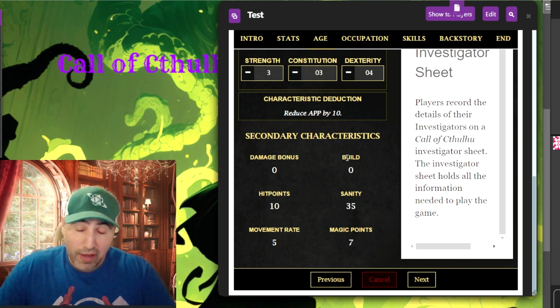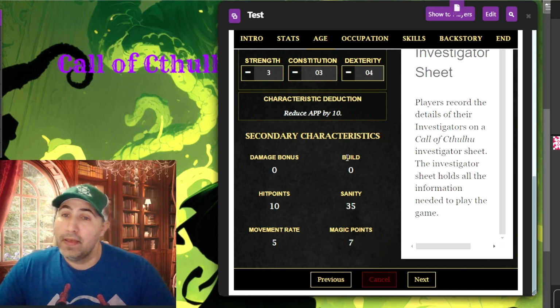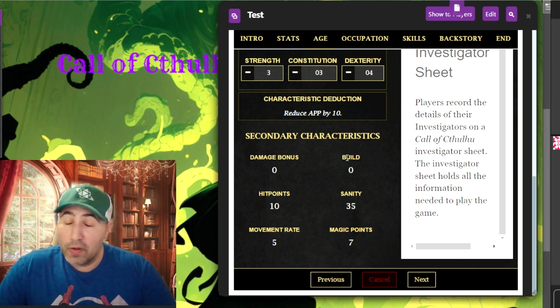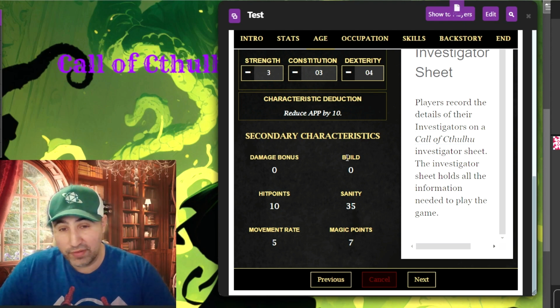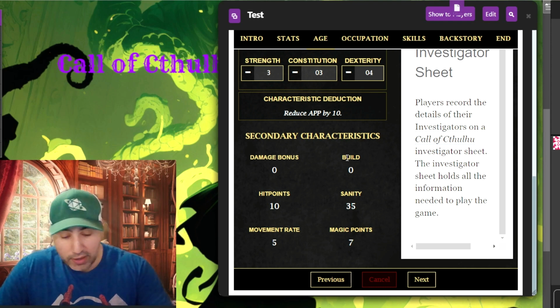If you haven't played Call of Cthulhu before, it's pretty low magic. If you're encountering magic, it's probably going to be a bad day for both the caster and whoever is on the receiving end. Your movement rate is going to be